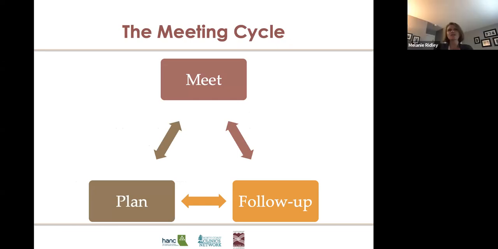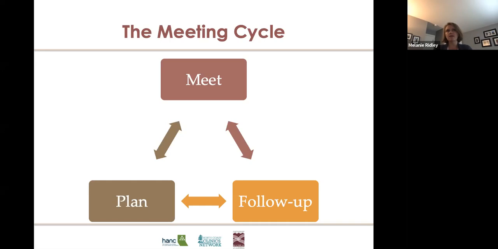Great. So a lot of work goes into, as you all know, planning for meetings, thinking about how to make them work effectively, executing your meeting, facilitating it in real time, and then the follow-up. And this is a cycle. This is an ongoing process throughout your project. So it doesn't have one start and one stop, but it's ongoing.